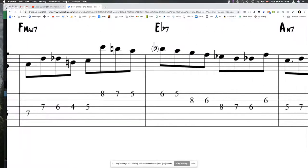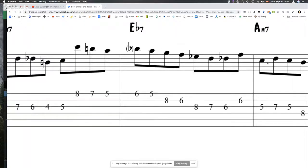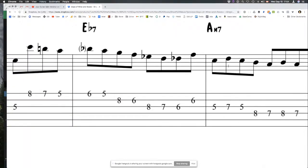Now let's see what happens on A minor 7. We're going to hit the third, and the third is approached by this. Cool. Fun to add a little bit of variety because previously it was all the same. That's also a bebop lick. So use of the bebop lick here, then I could continue and go on like this for the entire piece,